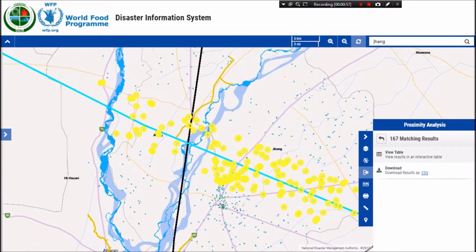So there are 167 schools which are actually closer than a distance of 5 kilometers to this particular